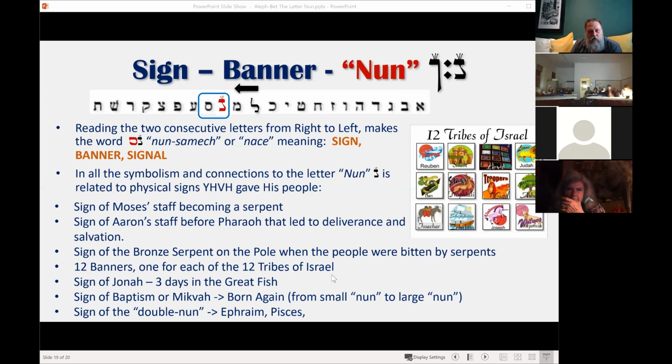We had the sign of Moses' staff, the sign of Aaron's staff, and we had the sign of the bronze serpent on the pole, which is the Tanin that overcame the other serpents, the Nachash, who bit the people. The Tanin overcame the Nachash. And Tanin represents the Messiah, the big fish, and if you are in him, just like Noah, you will be spit out or born again, and you will be a full-fledged priest that can interweave people together inside the big kaf, inside his house, and connect them horizontally back to Yahweh, elevating them to the level of oneness, which is the mature state, the large Vav of maturity.